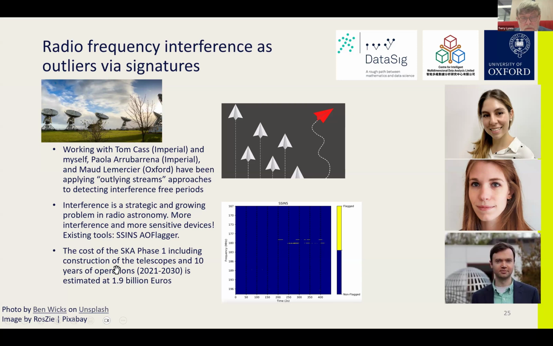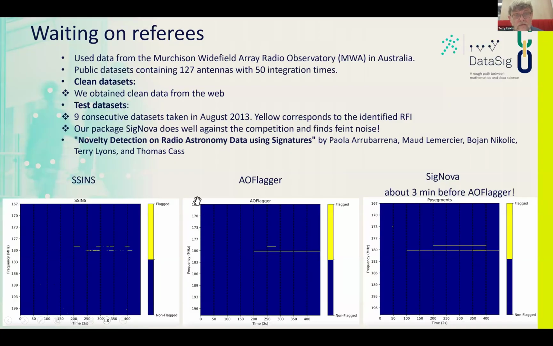And it's worth bearing in mind that these are big public ventures, and so SKA, which is the one we've been working with, cost about 1.9 billion euros to set up. So making them more efficient has a significant value. Well, anyway, using our methods of novelty detection, we were able to build a tool that identifies the unusual behavior. And where we differ from all the previous ones, apart from being significantly cleaner or more powerful, is